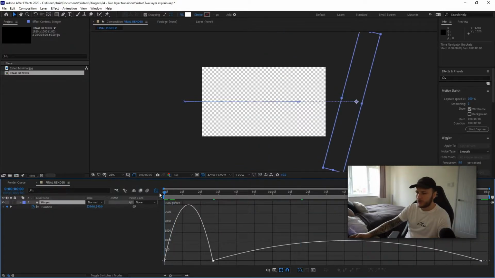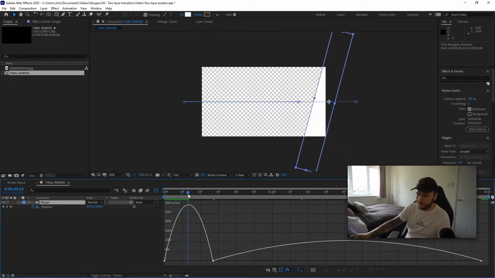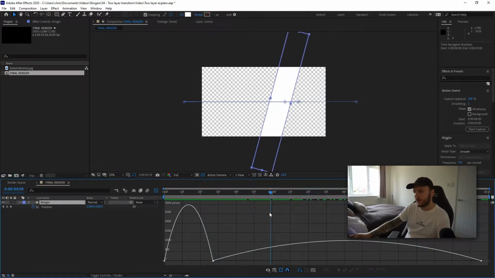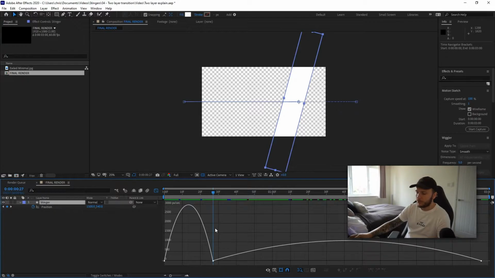These points on here indicate the speed at which that layer, that animation, is happening. So right now the animation is nothing, but then it gets faster and faster and faster. It's the fastest point, then it starts slowing down. Likewise, it'll go off. So what I want to do is create, for demonstration purposes,